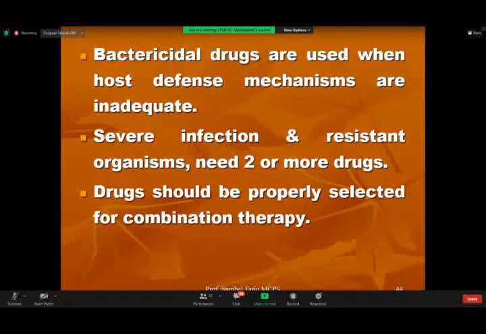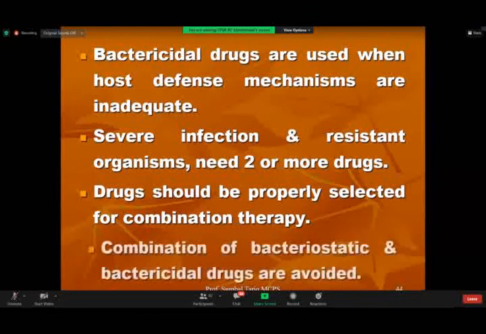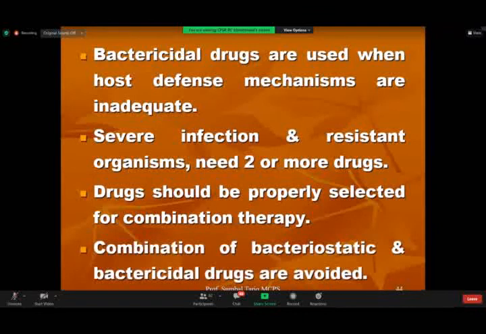Bactericidal drugs are used whenever host defense mechanisms are inadequate. अगर तो patient की अपना इतना ज़्यादा immunity हो कि they can overcome normal infections, जैसे viral infections का it is said कि none of the viral infections will last beyond 21 days. ठीक है? 21 days के बाद आप कुछ करो या ना करो, viral infections will go away. Bacterial infections though can last longer, especially if you think of tuberculosis. तो ये years पे last कर सकती है.